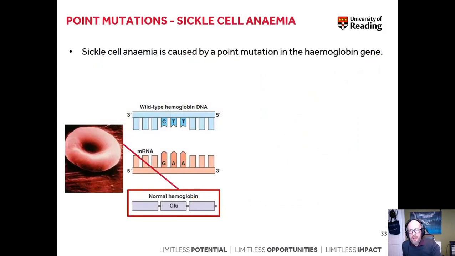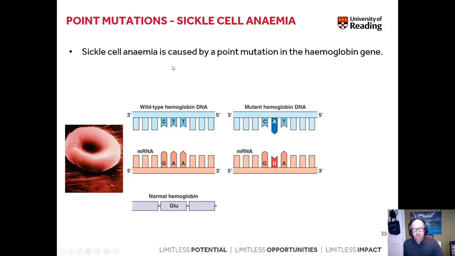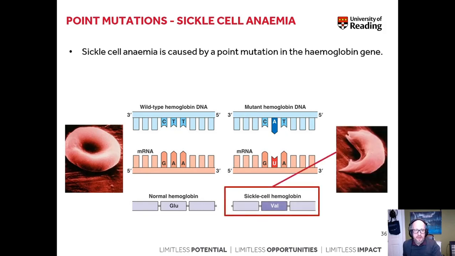And one type of point mutation I've been talking a lot about is a mutation that contributes to the development of sickle cell anemia. This type of disorder is caused by a point mutation in the hemoglobin gene, where one single base at a certain position in the gene is affected. Therefore, the resulting protein, the resulting hemoglobin, is different, and it can no longer fulfill its original function. As a result, the red blood cells change shape, are also less efficient in transporting